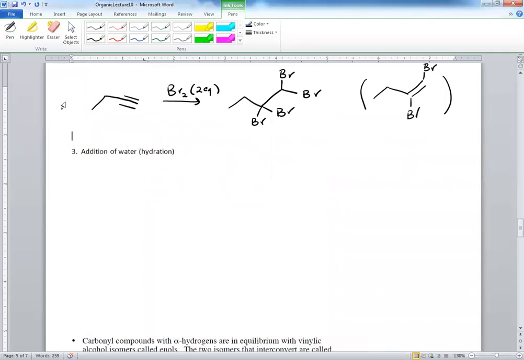The addition of water, hydration, for alkynes is also similar to what you have seen in alkenes. So here's an example. Suppose we have this starting material, our alkyne, H2O, H2SO4, or once again, this can be summarized or written simply as H3O plus. Then your product in this case would be